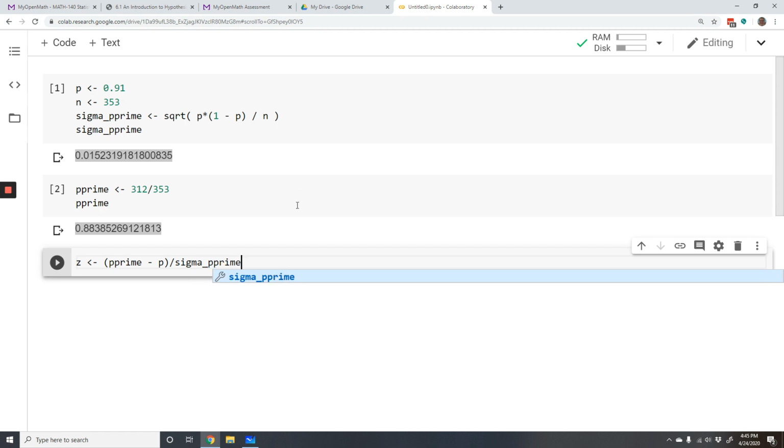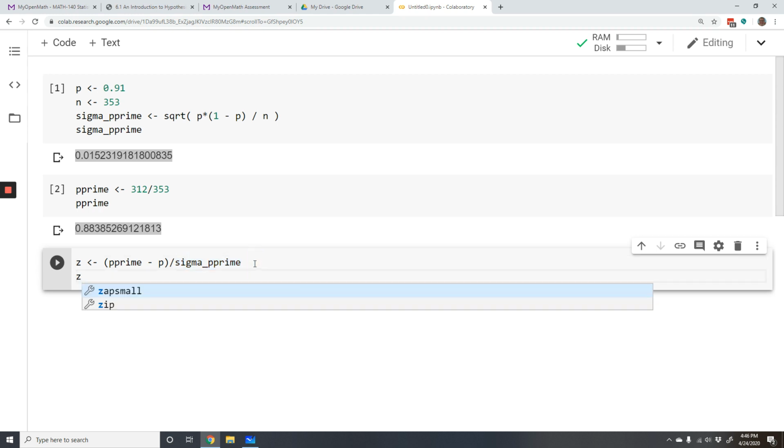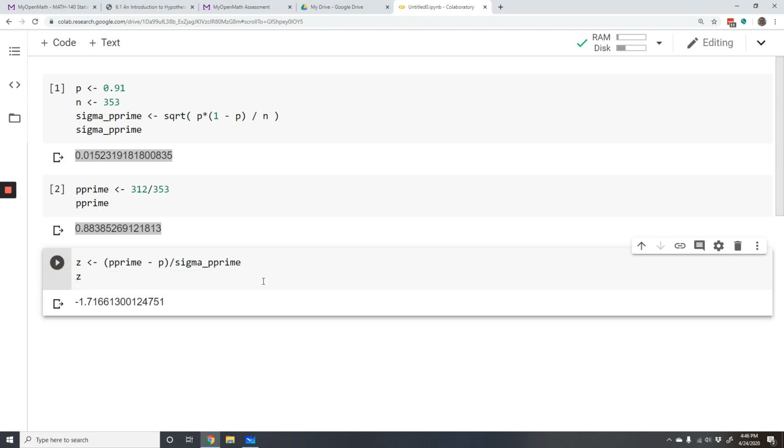And this is one of the great things about using variables, is that I don't have to remember what my sigma p prime is. I just have to put in the variable there, and the computer remembers for me. Okay, so that's going to give me my z-score. So I'm going to type it one more time, so we'll print out, run it, and that's my z-score. Let's copy that,